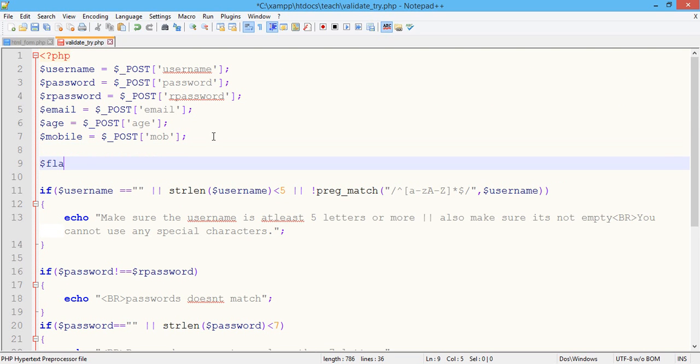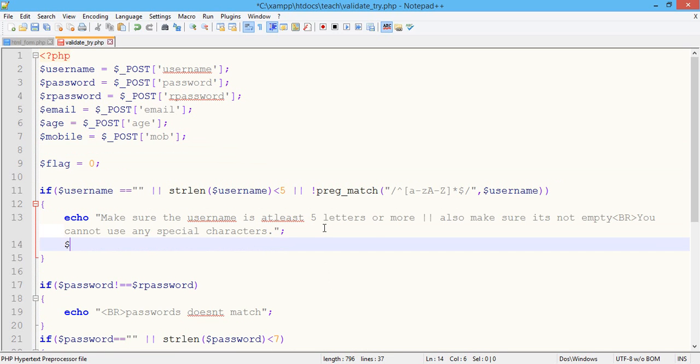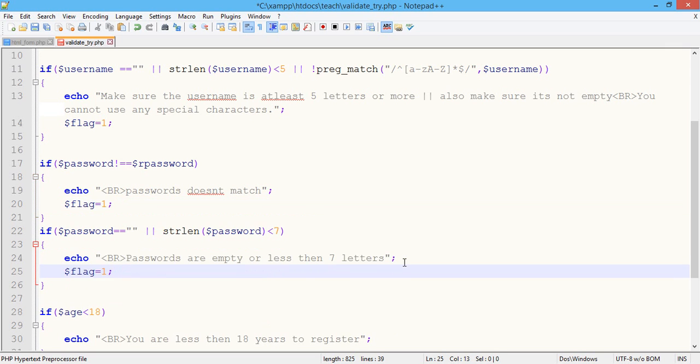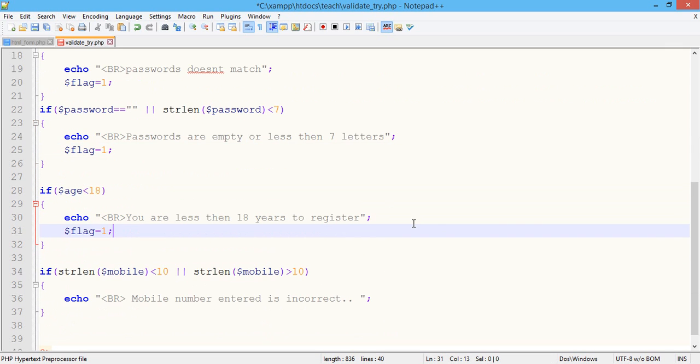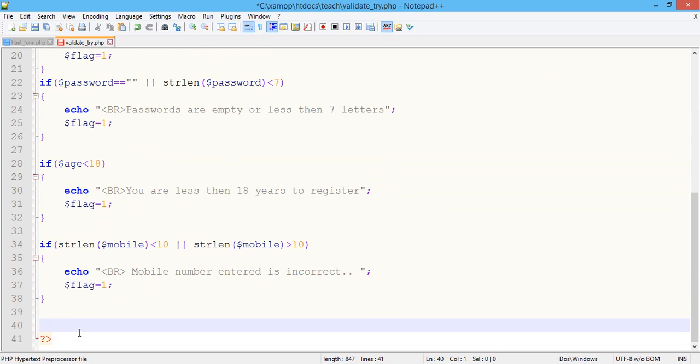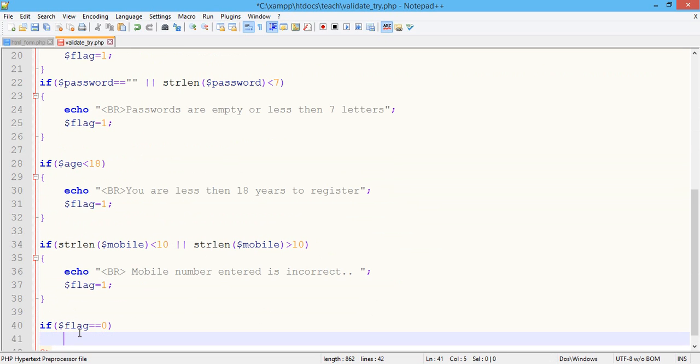For that we can use a flag, dollar flag with the initial value 0. Even if any of the errors occur and the if conditions execute, then we can simply put the flag to 1, so that we can know that some error has occurred in our last if condition. That's quite simple to understand. And last condition for now is if dollar flag equals to 0,